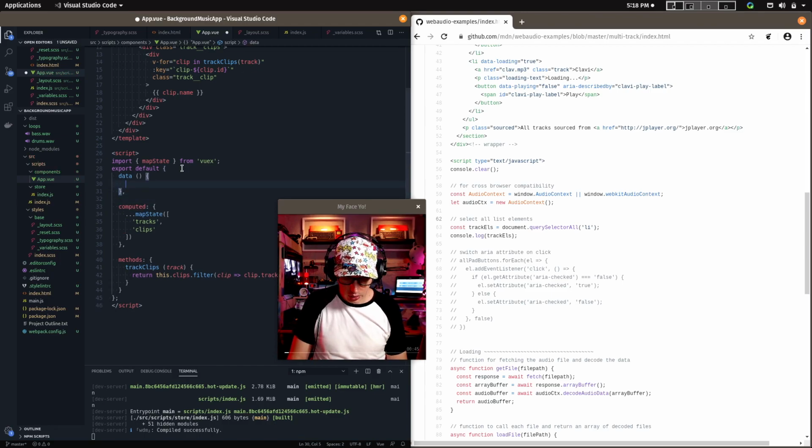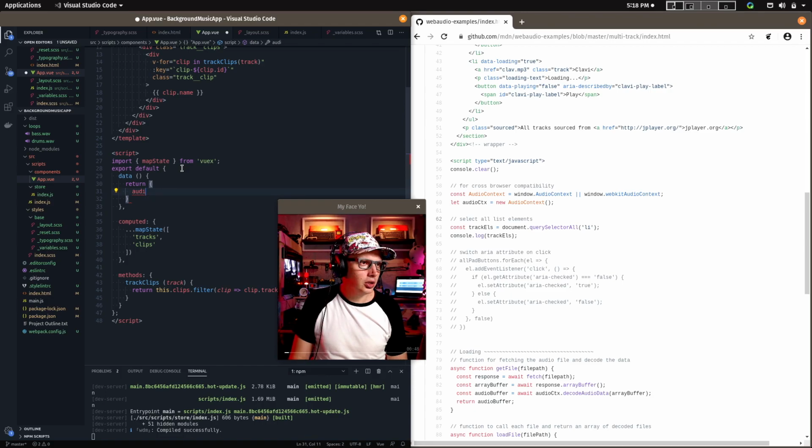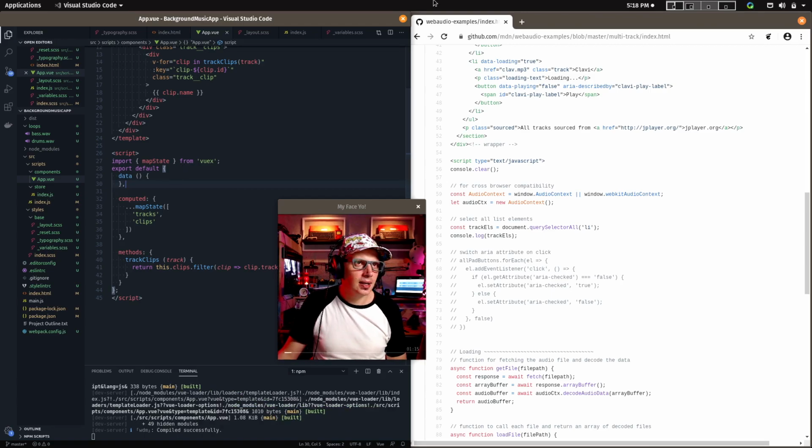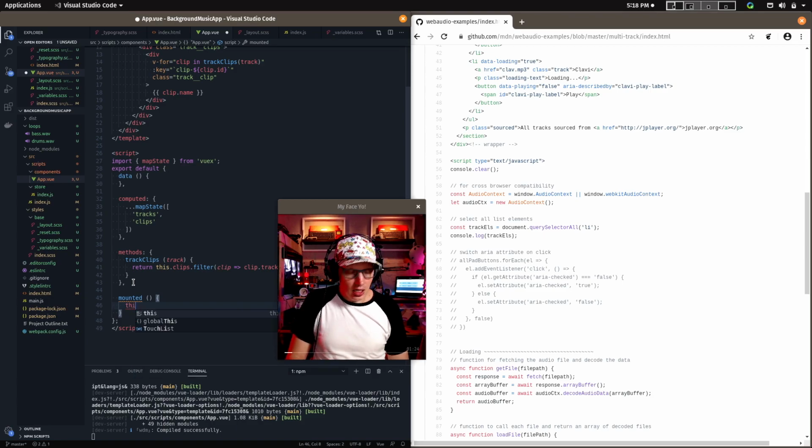data method. It's going to return an audio context, which to start with will be null. Is that something that I want in data? Maybe, because it's not going to be reactive. Well, it might be reactive, like it might be changed by the API, and I don't want it triggering reactivity. So what I'm actually going to do is create a mounted method, and in here I'm just going to write slap bang onto the